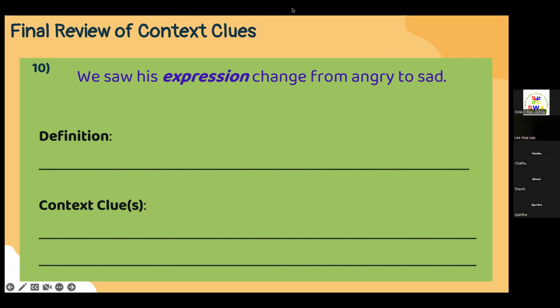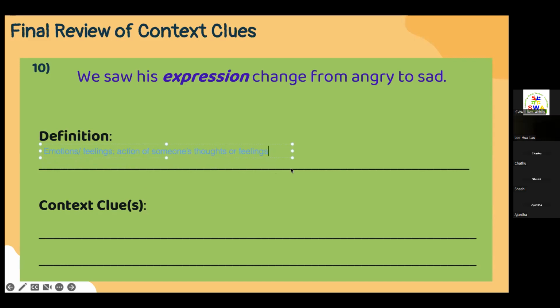Let's see. I think I'll just write it down here. Emotion, feelings. Oh, sorry, Buhumi, you said it's an action of someone's thoughts or feelings. Okay, so